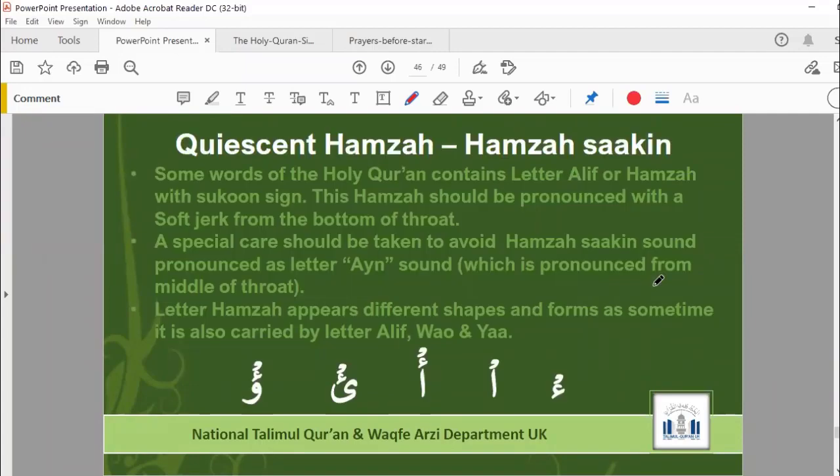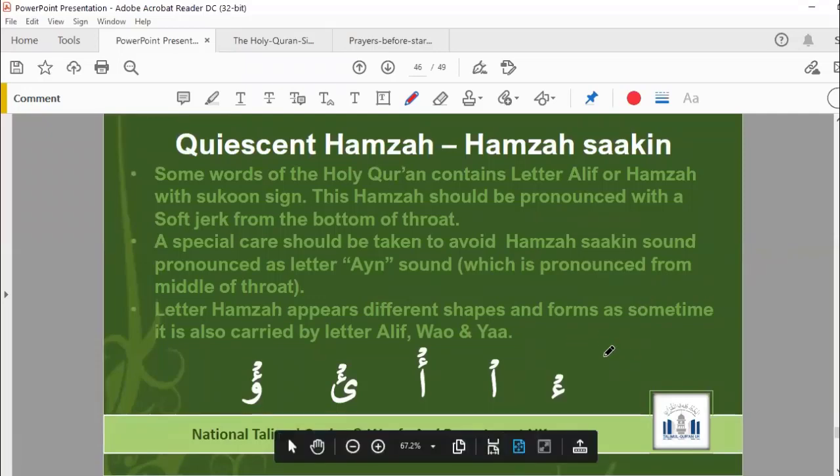Last one, then we will finish. This is up to here. We have covered everything, so this is the last slide for revision. Any other volunteer who wants to cover Hamza Sakin or Crescent Hamza? You can unmute yourself, please, if you want. Any other student? Because we are running out of time. Tahir, did you have a go? Or Anik Ahmed?